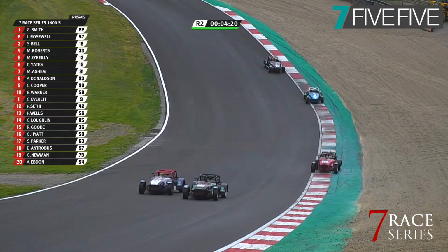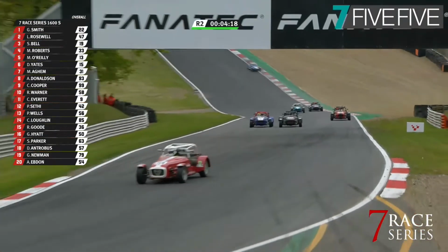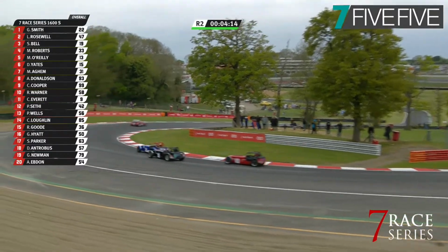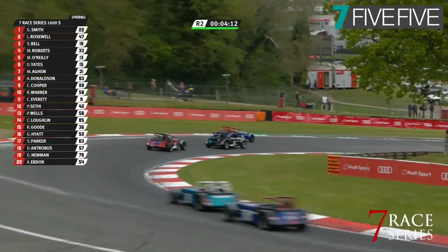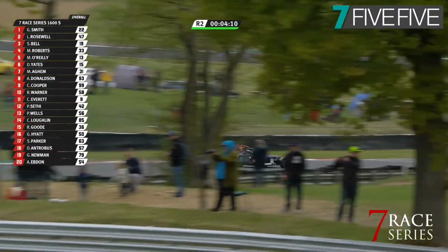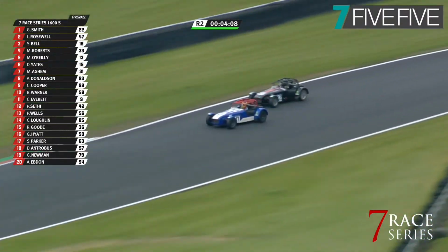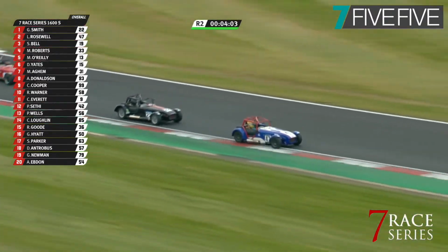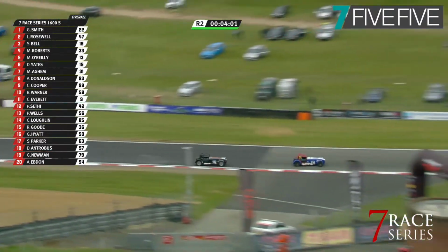And once again, Luke Rosewell gets a good run out of Paddock, makes his move up the inside now. Back marker ahead, ignore him. Who's leading? It's Rosewell up the curb on the inside, and he goes by. Good move, and it works. And he comes out ahead, except Gary Smith has other ideas about this. On the outside at Graham Hill Bend, can he get the undercut for the in? No, he cannot. So Luke Rosewell stays ahead,